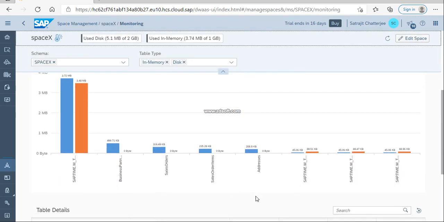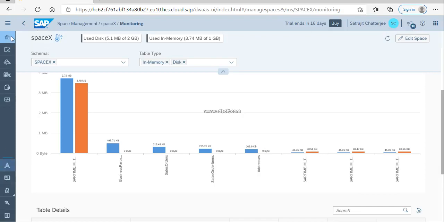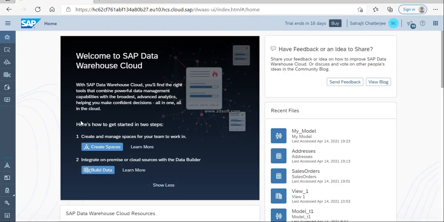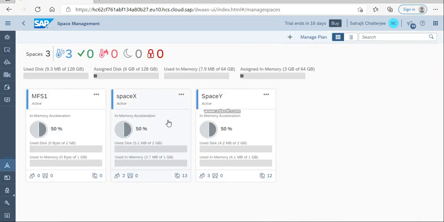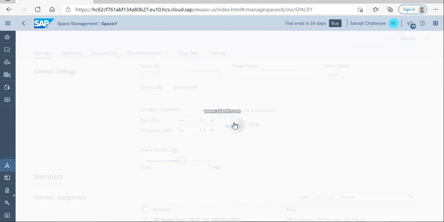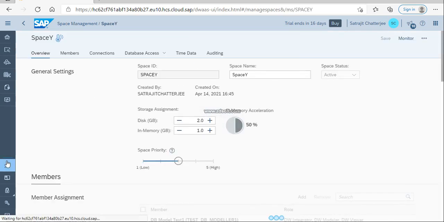See, in space X the addresses show 0, blank, right? So in space X I have the same address table, but the in-memory field is not on, so that's why it is not loaded into in-memory by default. It is only on the disk. Once you execute it, it will come into your in-memory. But if you go to space Y, as you remember, we changed this to in-memory. So due to that, if I go to space Y,